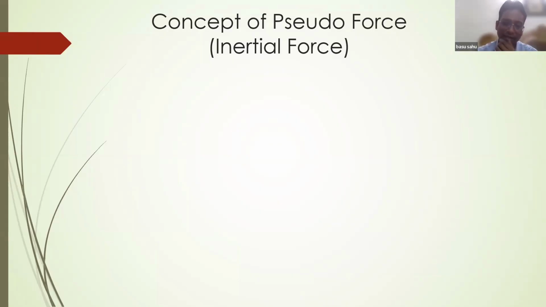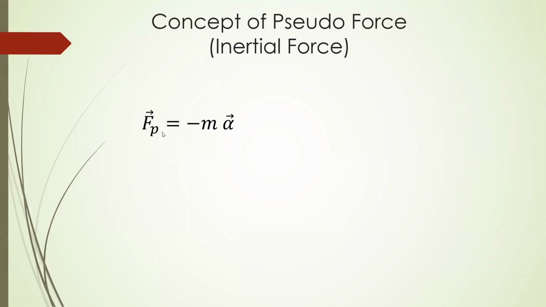Why we call it inertia is a very interesting thing. Just see the equation. Suppose we write Newton's second law in an inertial frame of reference. What do we write? F is equal to ma. I am again repeating, F is equal to ma we write in the inertial frame of reference. What is F? F is basically the external force. What is m? We now call m the mass of the body, and a is the